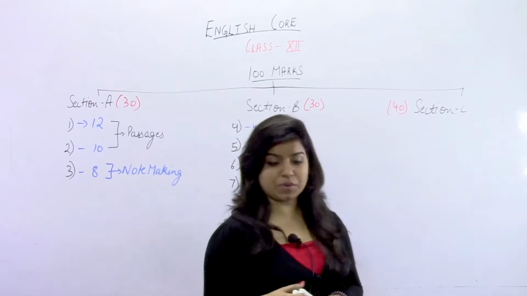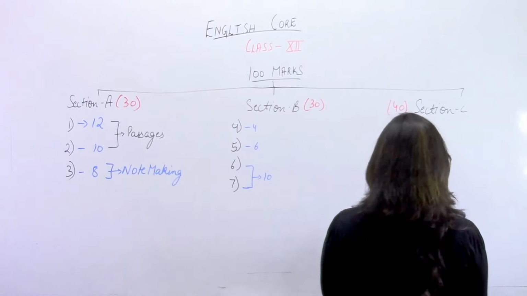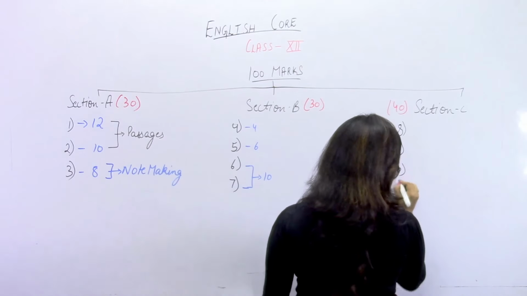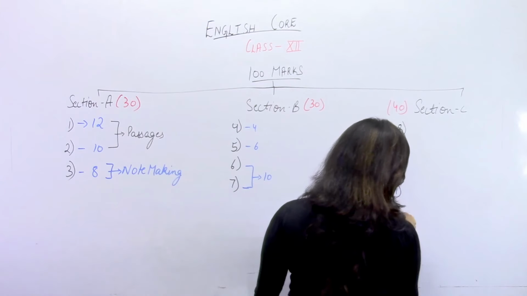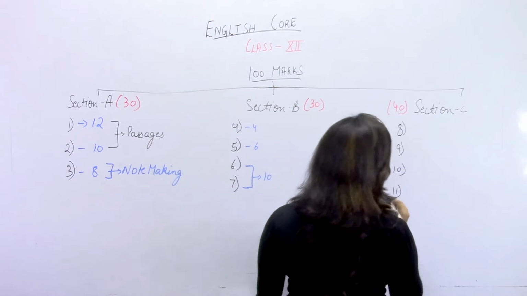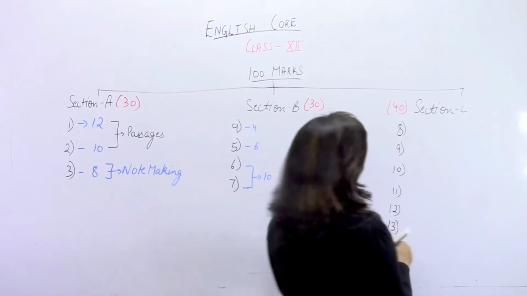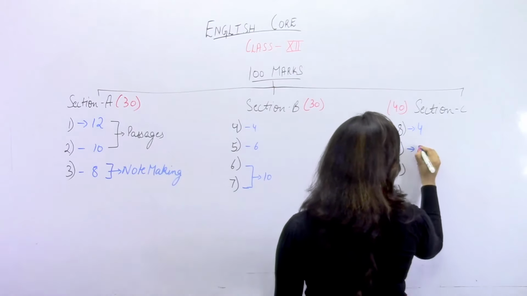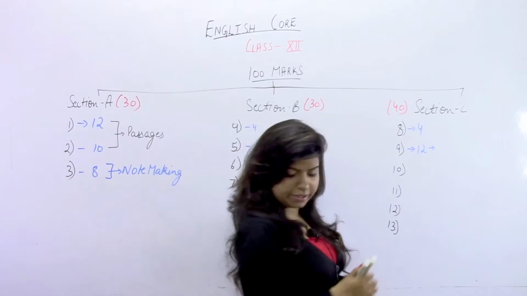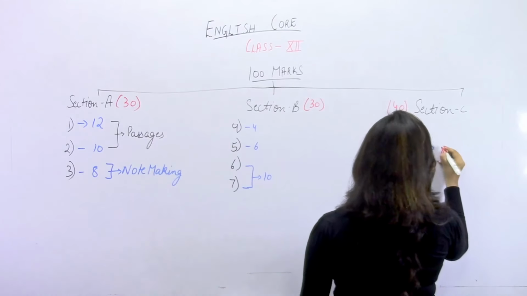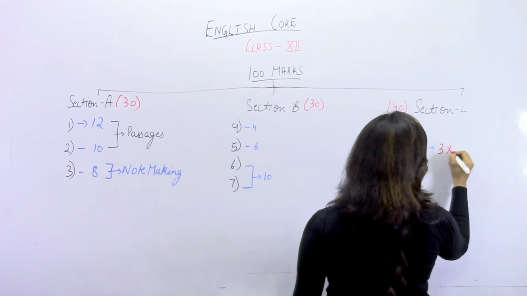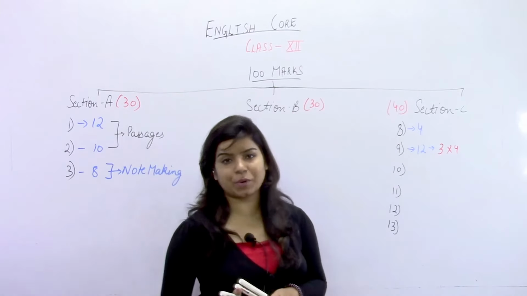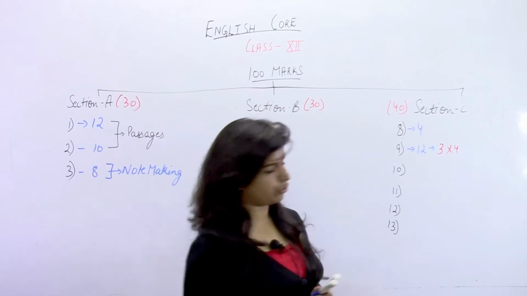Moving on to section C with the major weightage, here you will be getting question 8, question 9, question 10, 11, 12 and at last 13. Question 8 will carry a weightage of 4 marks, and it will include RTC. Question 9 will carry a weightage of 12 marks, which is further divided into 4 parts. Each question carries a weightage of 3 marks, where 6 questions will be provided to you and you have to attempt any 4.